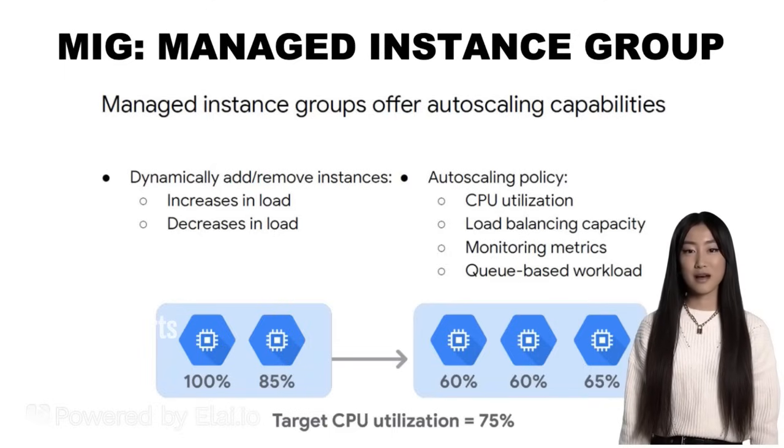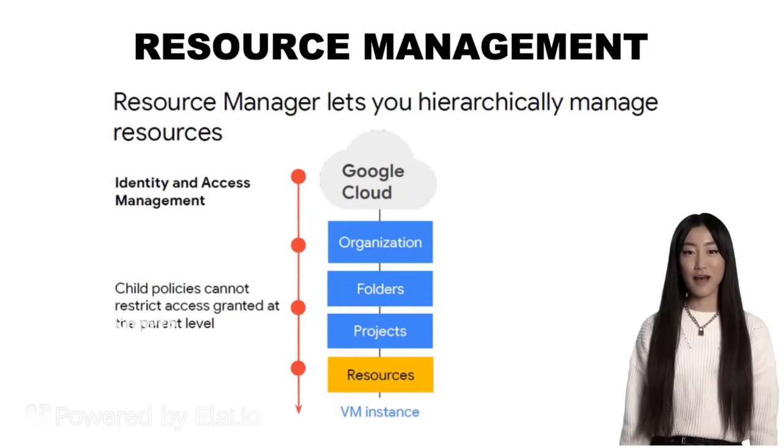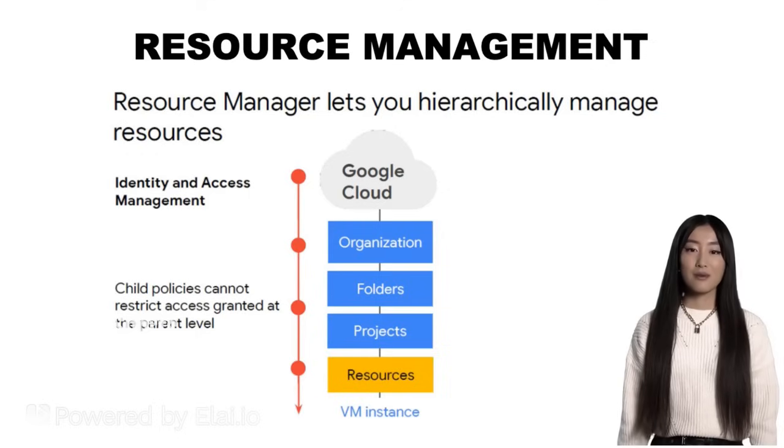as Cloud Pub/Sub. The Resource Manager allows you to hierarchically manage resources by project, folder, and organization. This should sound familiar because we covered it in the Cloud IAM module. Let me refresh your memory. Policies contain a number of roles and members, and policies are set on resources. These assets inherit the policies from their parent, as we can see on the left. Therefore, resource policies are a union of parent and resource. Also, keep in mind that if a parent resource policy is less restrictive, it takes priority over a more restrictive